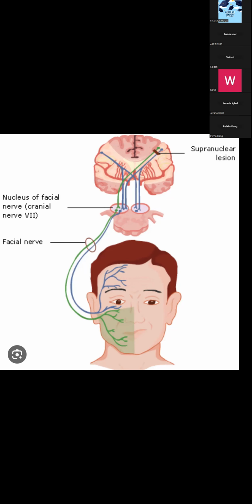So we have this image in which a gentleman is showing weakness of the face on one side. It could be left or right in our cases. If you see here, half of the face is spared. This gentleman is able to frown. We can see the lines in the forehead, but the face is weak in its lower part. There is a drooping of the lip, and we can see a flattening of the nasolabial